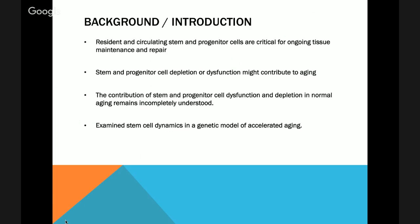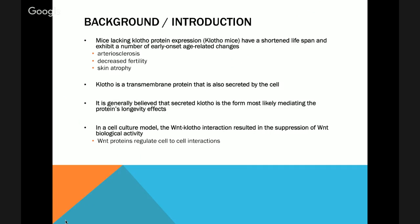And so they're going to examine stem cell dynamics in a genetic model of accelerated aging. They're going to be looking at mice lacking Klotho protein expression, and they're going to call them Klotho mice. And these mice have a shortened lifespan and exhibit a number of early onset age-related changes, like arteriosclerosis, decreased fertility, and skin atrophy. So Klotho is a transmembrane